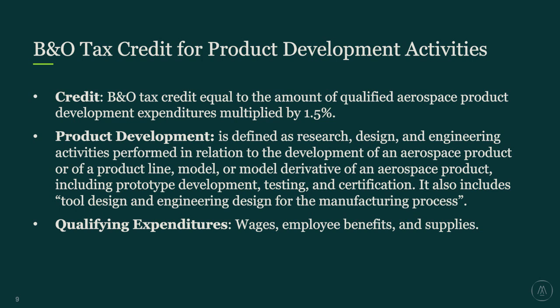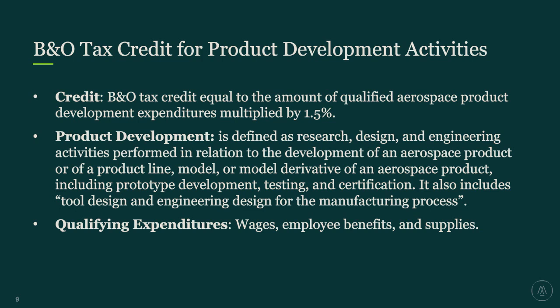And so when you do have someone with a job title that does not directly tie to a specific word like research, design, or engineering in that product development definition, we encourage you to add into your documentation, very clearly articulate who they are, what their job title is, what they're doing, and how it relates to product development in the pre-production phase. So that's a big piece of this.